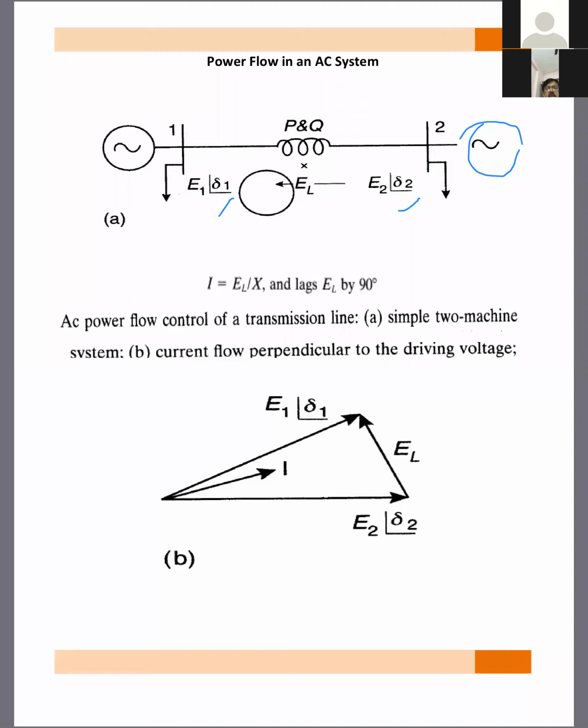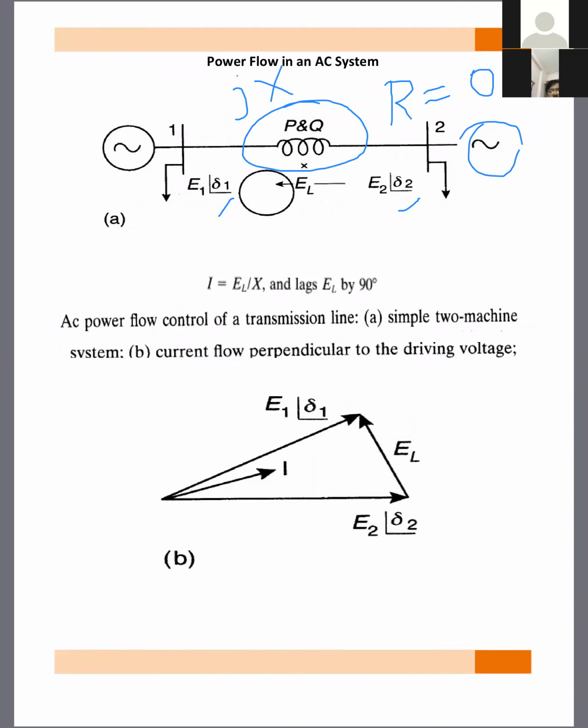Again, this is a simple case, so we consider the transmission system as ideal. For that, real power losses are equal to 0, so I squared R equals 0, R equals 0. That means we consider the impedance as simply jX, the reactance. So the real power loss in the transmission system is 0. Whatever real power we get at node 1, we get the same power at node 2.